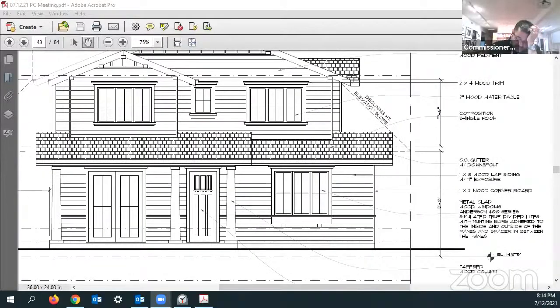If those were the choices, I would just as soon see the siding continue all the way around and draw some difference with some paint colors or something of that sort. If they did want to commit to something different at that lower portion, it could probably read better, but whatever you pick, try to continue it all the way around the house. So otherwise, I think it's a nice project. I think it could move forward.